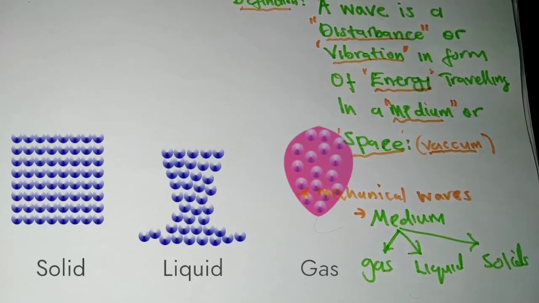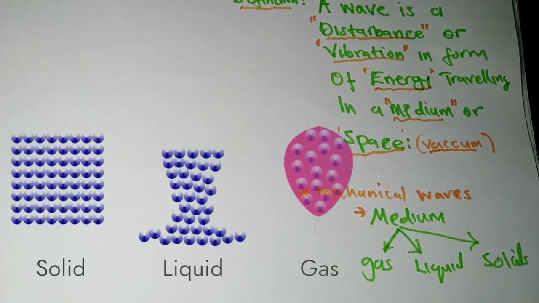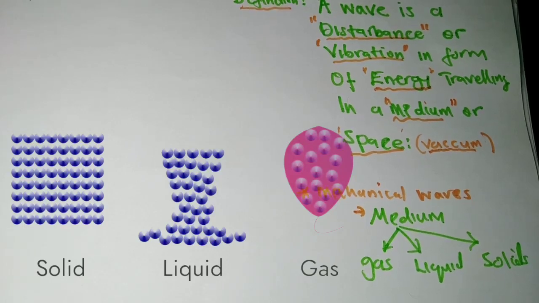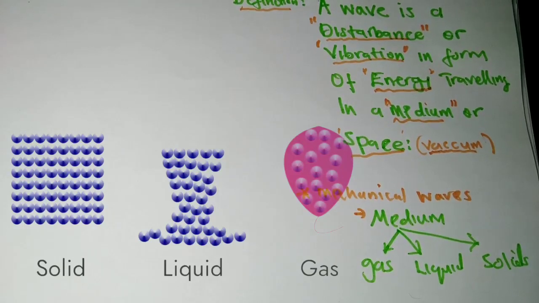One interesting thing when we pay attention to the arrangement of the particles: in solids, the particles are closely packed, stuck up together. In a liquid, there are a few minimal spaces, and the particles are free to move about short distances. In gases, the particles are randomly far apart from each other, and there is free movement.